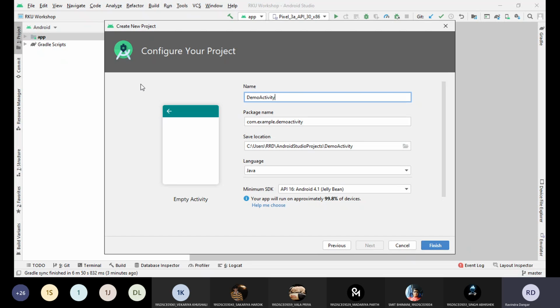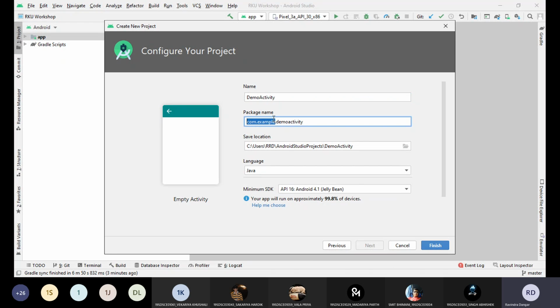As of now, this is the demo project, so I am creating it. In the upcoming sessions, I will create a new project. We will give the appropriate name, inside which we will create various modules. So here I have given the name of the activity, which is demo activity for me. This is the package name. By default, it always starts from com.example.something. But if you want to rename it, you can do it.